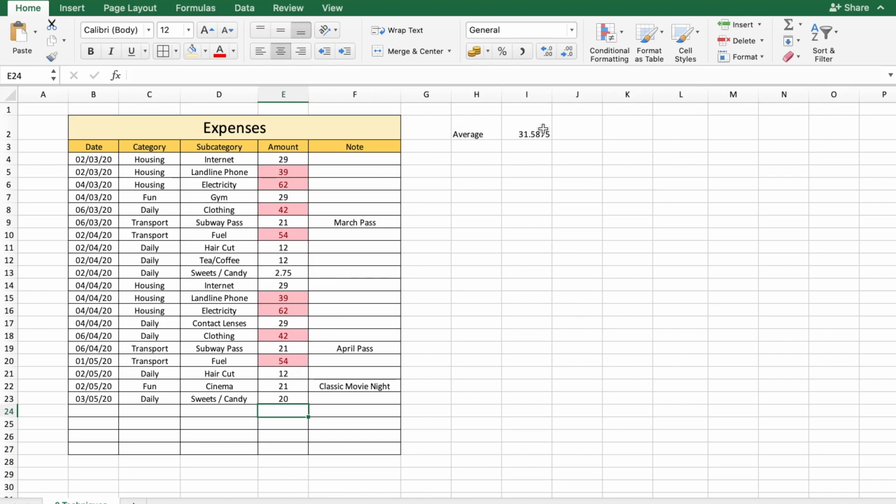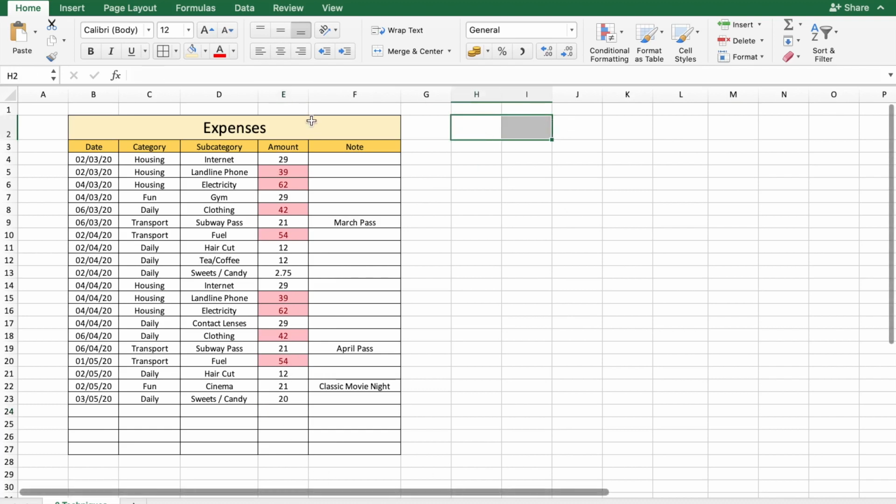Again, this is only for our display information. I can delete it and still the conditional formatting would work. So if I again change it to, let's say, 300, only those cells are highlighted. Using formulas can give you great flexibility in making conditional formatting based on your choices. So now we've seen conditional formatting using a formula.